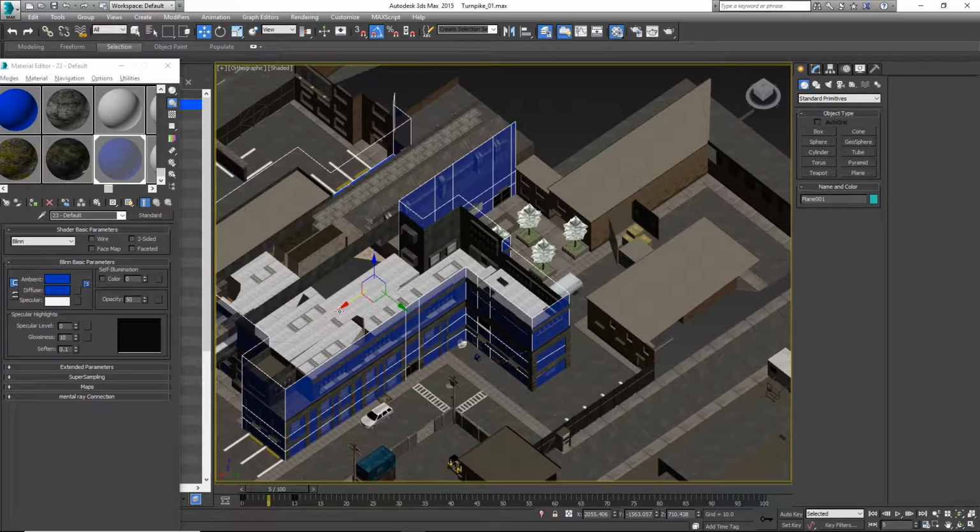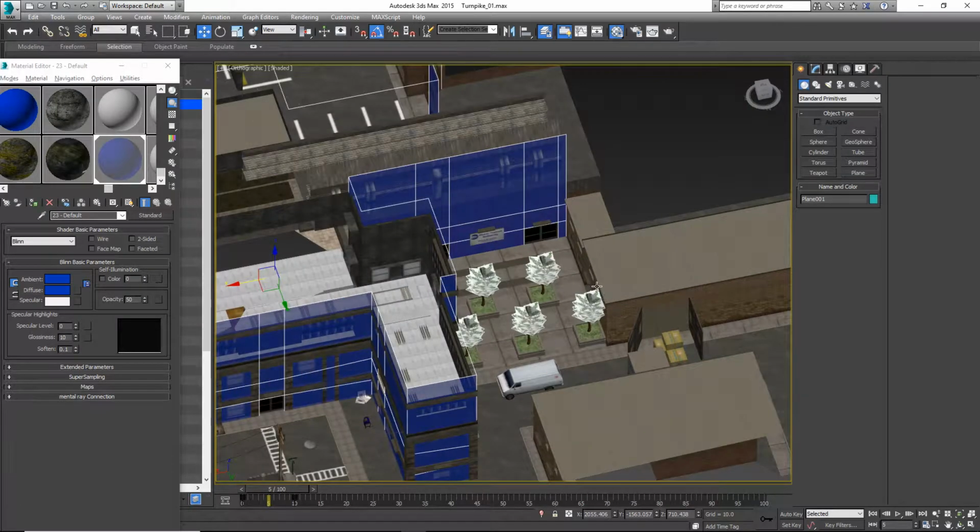I also didn't do the interiors of the buildings just yet, because we need a collision surface that's facing into the building. I'm going to cover that when we're doing facade work, because it's a process you can do at the same time to decrease the amount of collision information that you need. So the fabrication of the facade is actually what we're going to be using to create the base for the collision mesh. Less work, but to demonstrate how fast and easy this is, we'll do a little bit